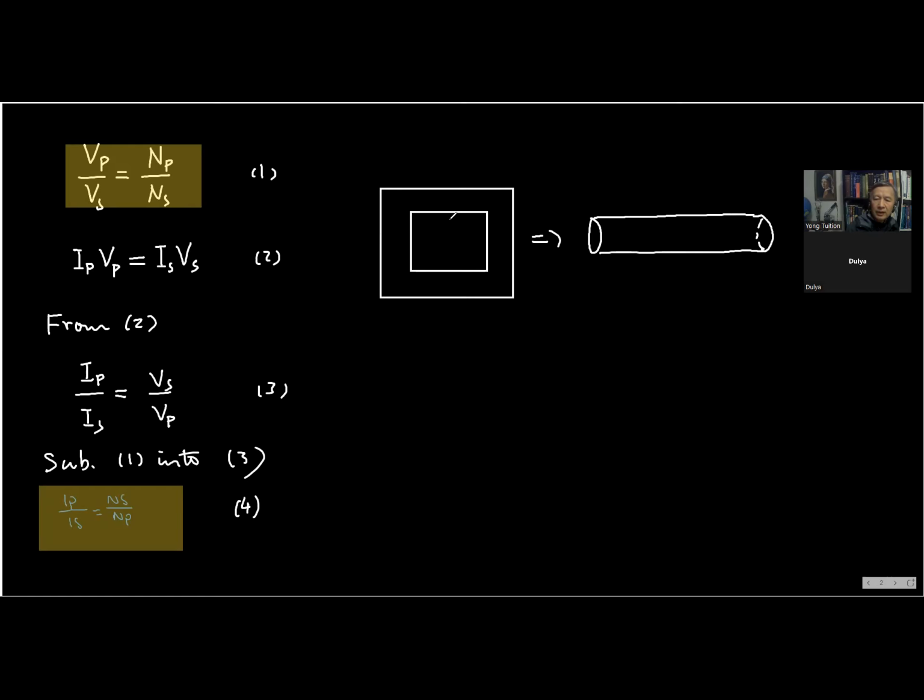So imagine we just cut here. We cut here. Okay. So this is A. This is B. Can you see? So this part becomes A. This part becomes B. Can you realize that? We just cut it and put it into a straight line, into this cylinder. Okay. Now we can draw a coil here.